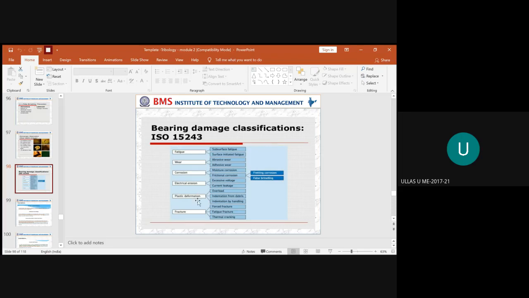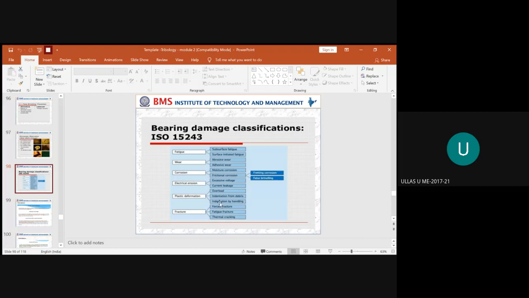Okay. And now suppose the bearing has been damaged due to plastic deformation. Why has the plastic deformation come into the picture? Whether it is subjected to a heavy load which the material cannot bear, so that it moves from the elastic range to the plastic range, that you have to check. Or else is it due to heavy indentation you are receiving from some type of debris. Debris is nothing but the different categories of wear particles which come across, and it does harm. And lastly, if any indentation has been caused on the material by handling, usually this won't happen.